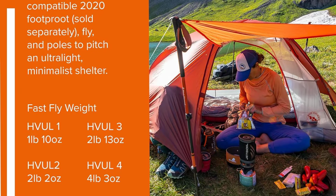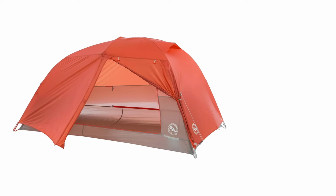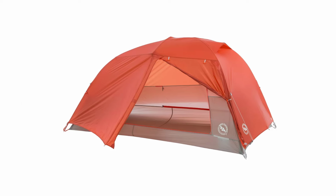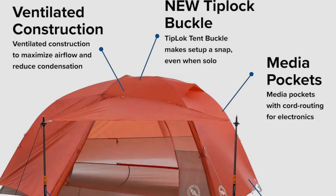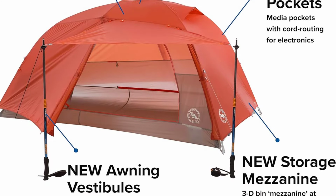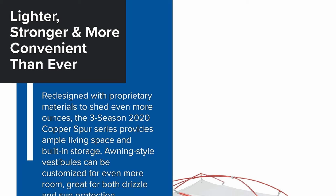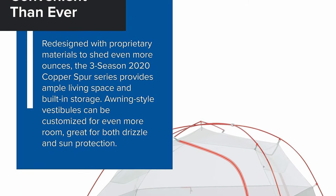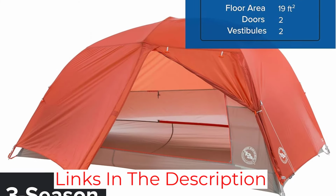It has 2 doors, 2 vestibules, 29 square feet of floor space, and 18 square feet of combined vestibule space. The vestibules transform into awnings with trekking poles to cook under or to allow airflow. Easy-to-use tent buckles on the corners where the fly attaches make for quick setup in a storm. We also appreciated the storage pockets at the feet and head for electronics, snacks, or layers. Plus, the ceiling pocket at the head has media pockets with cord routing for electronics if you are stuck in